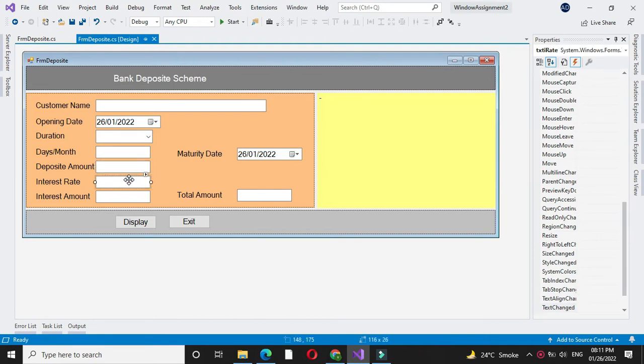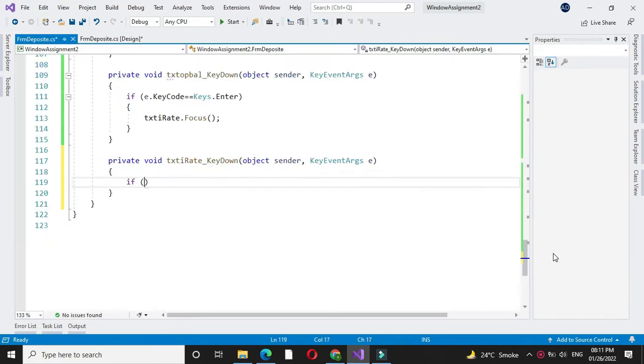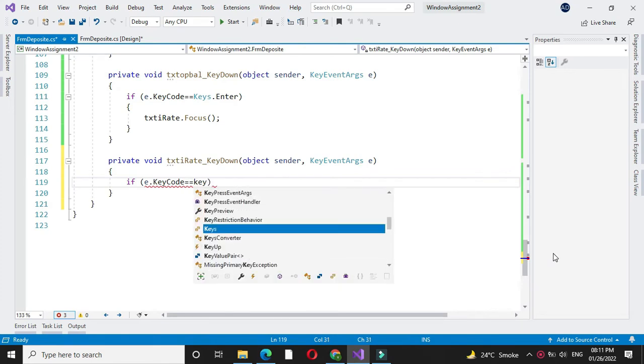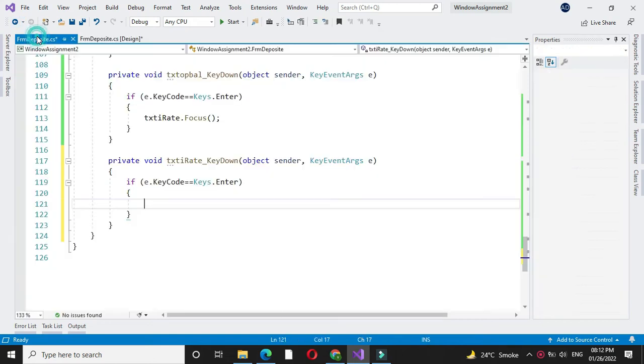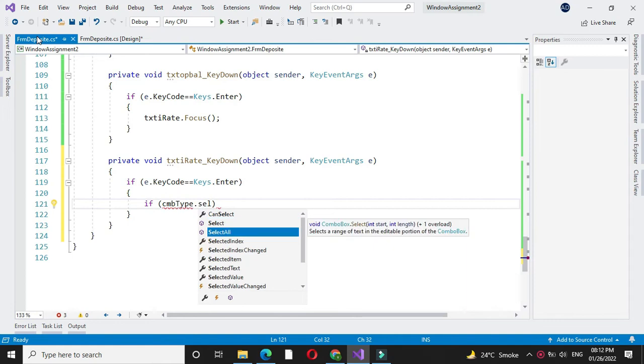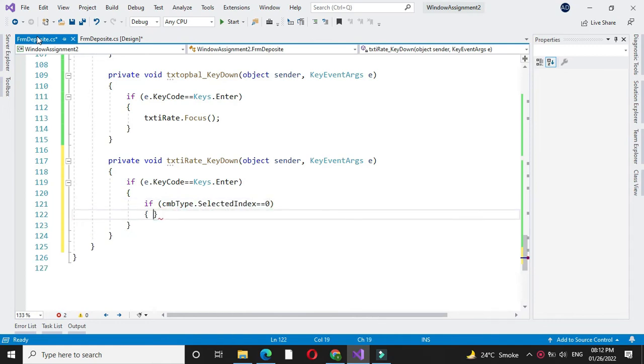And at the key down event of interest rate, we will calculate the interest amount and we will set the focus to interest amount. So if e dot key code equal to keys dot enter. Here the formula for calculating interest amount depends on the duration in months or days. So first we'll check if CMB type dot selected index equal to 0, then we'll calculate the interest amount as txt interest amount dot text equal to,